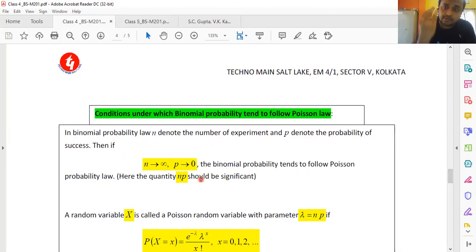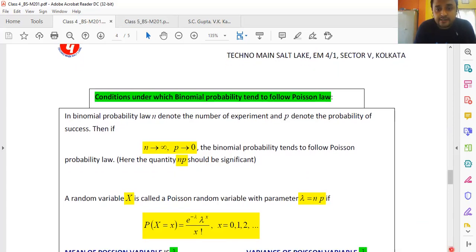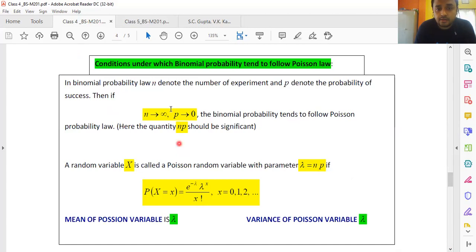And here the product n times p is a very significant term. If I define the product of the number of experiments and the probability of success by lambda,